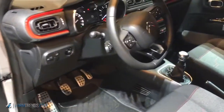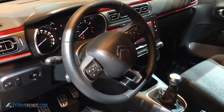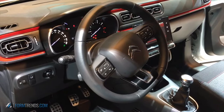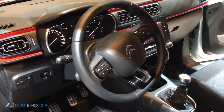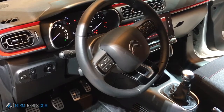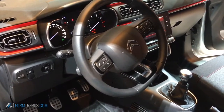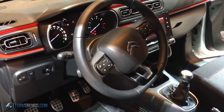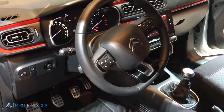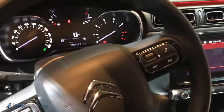From an interior perspective, the C3 is also really well resolved. Again, with the contrasting colorways of the interior, it is not a premium product, nor is it trying to be, but it has a lot in terms of technology and in terms of really a kind of an emotional take on a small, compact vehicle that is going to be primarily used in urban areas, but it has this lovely IP